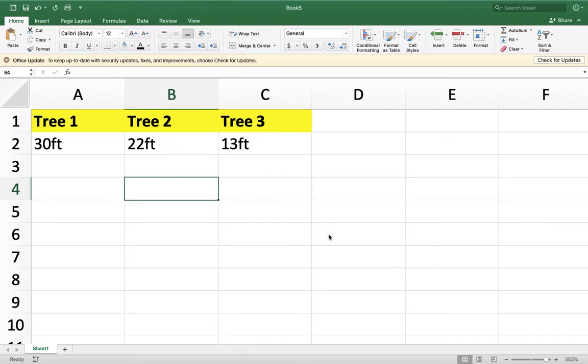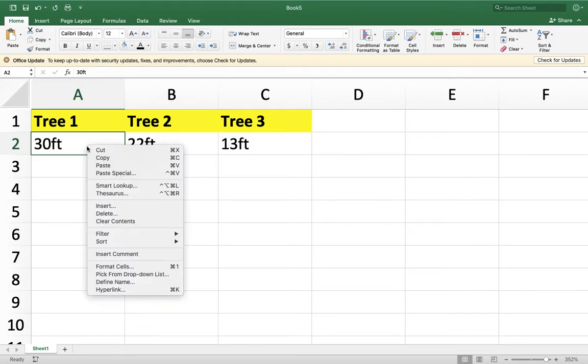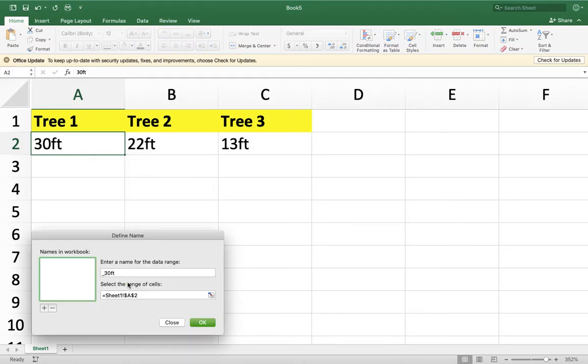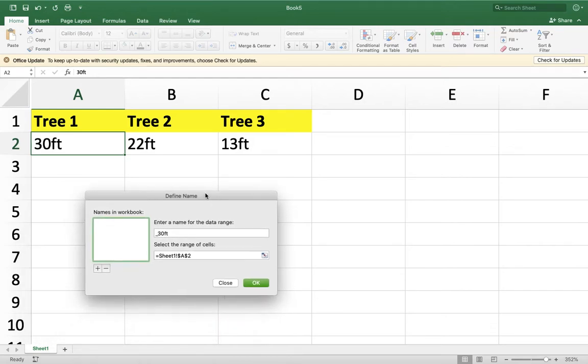Showing you how to name specific cells in Excel. And to do that, we're going to start with this one right here. Right now, the only thing that Excel recognizes this cell as is cell A2. And so to change that, we're going to right click. We're going to click Define Name. And in this window,